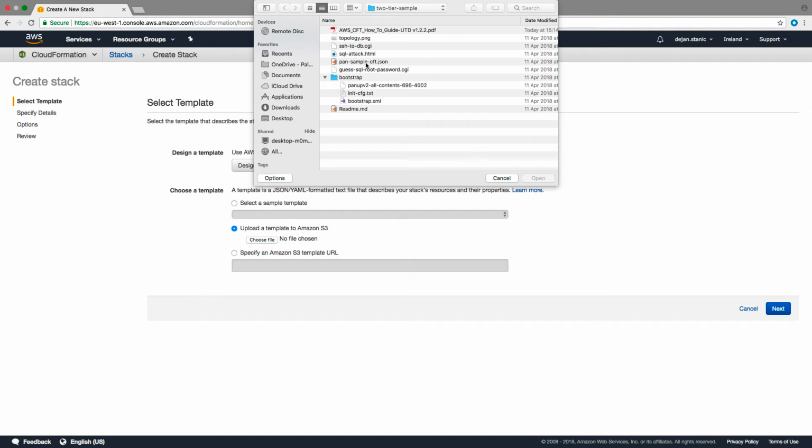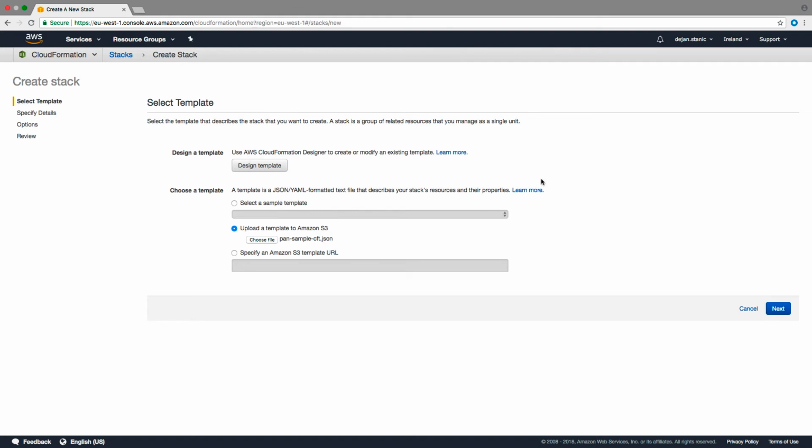pan-sample-cft.json. This is a CloudFormation template that we will select, and it is going to deploy overall infrastructure including firewall, web server, database server, and all the other networking resources that we need. We will say here next,